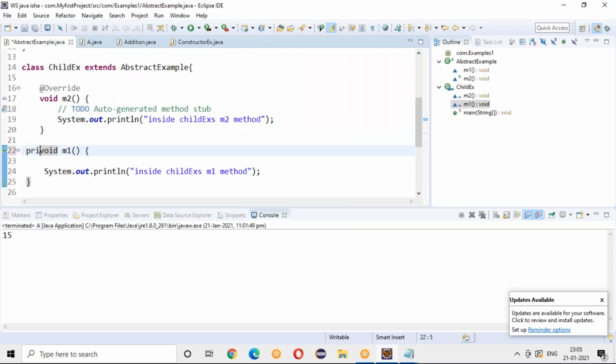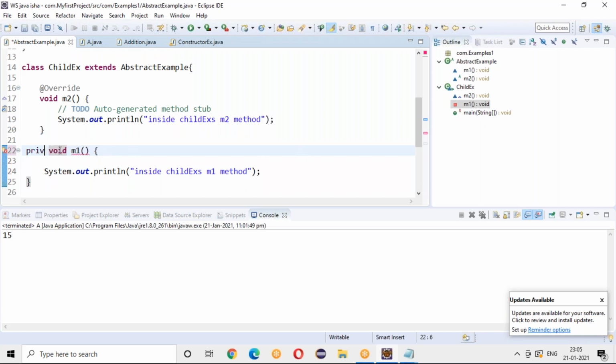But if you try to reduce the accessibility to private, it will throw an error stating that you cannot reduce the visibility of the inherited method. So when you are doing inheritance and overriding, you cannot reduce the visibility. This is overriding: same name, same signature.